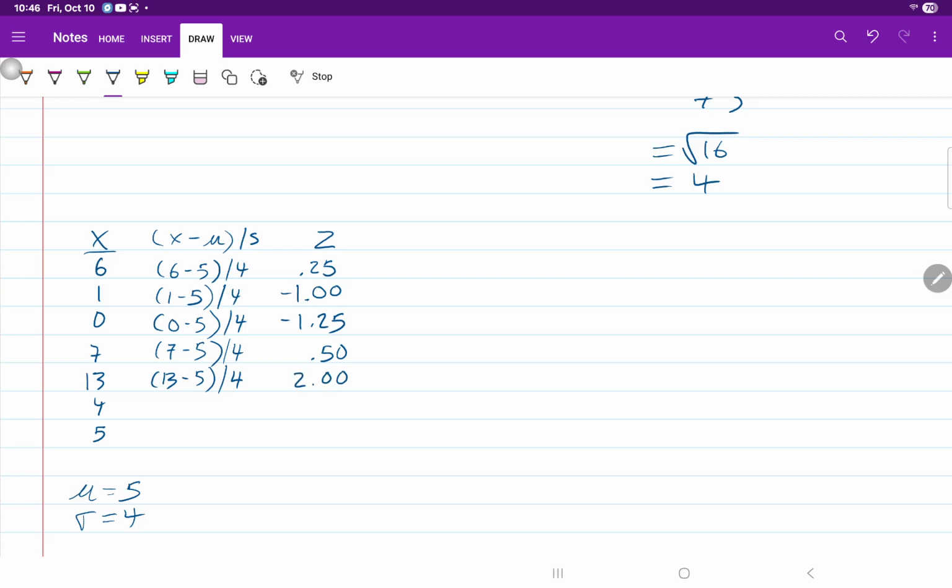And then next person scores 4, minus 5 is negative 1. Divide by 4 is negative 0.25. And the next person scored a 5. So 5 minus 5 is 0. Divided by 4 is still going to be